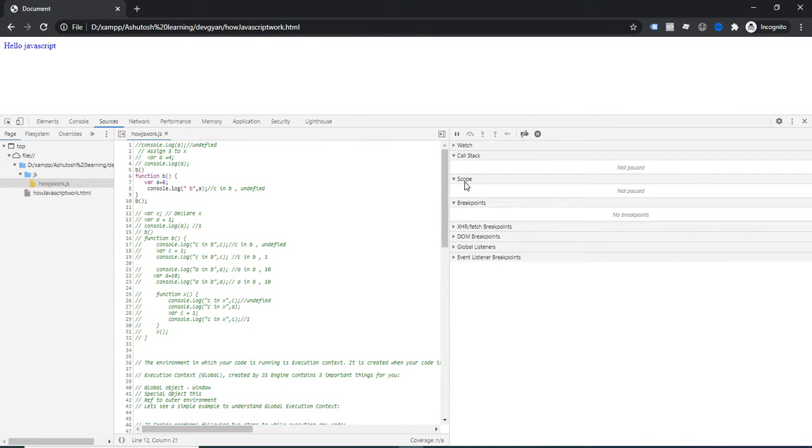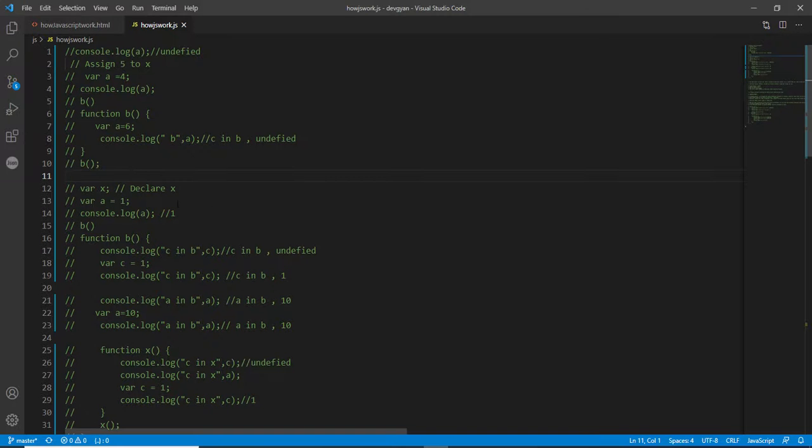And here is the scope. So I think you understand the call stack. It will go to the call stack to execute code line by line, and in scope the memory will be set up and store the values in the scope section. Now try to understand this in detail. For that I am going to remove this console and remove these things from here as well.